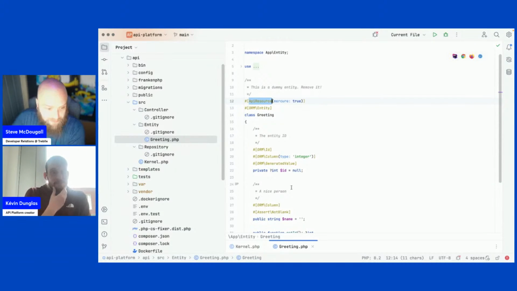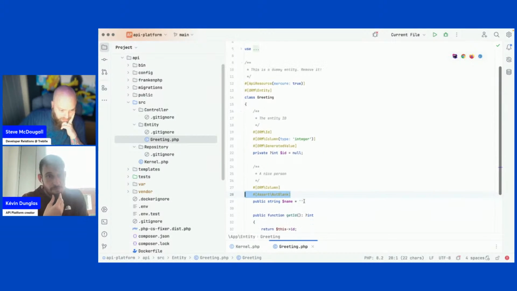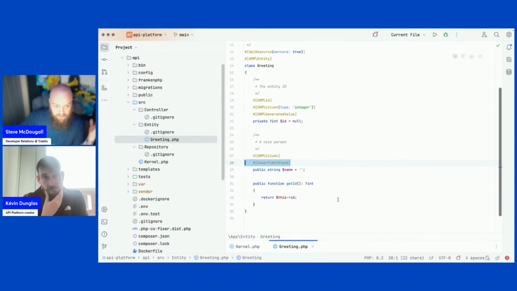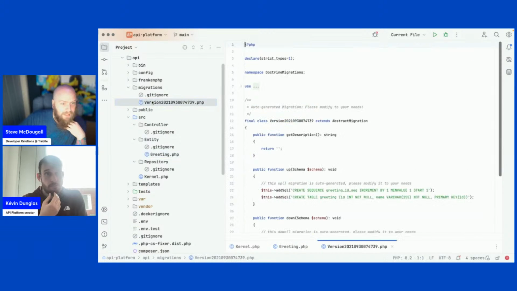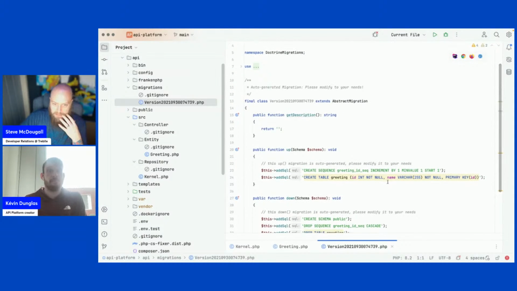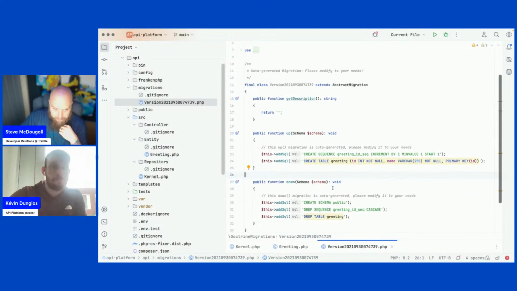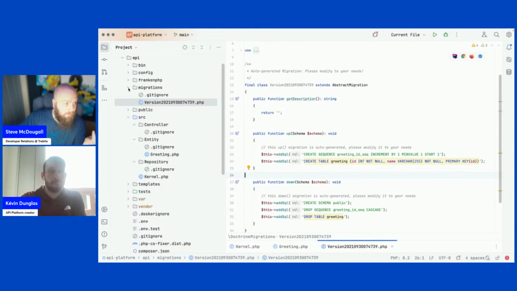That sounds amazing. I can see here you've got assertions so that you can do validation, which is perfect. We've got a get ID. We've got our migrations over here, which is somewhat familiar to us in Laravel. Maybe not exactly the same, but if you're used to SQL, then you can understand this and you can use it quite nicely. Perfect. We got migrations out of the box.